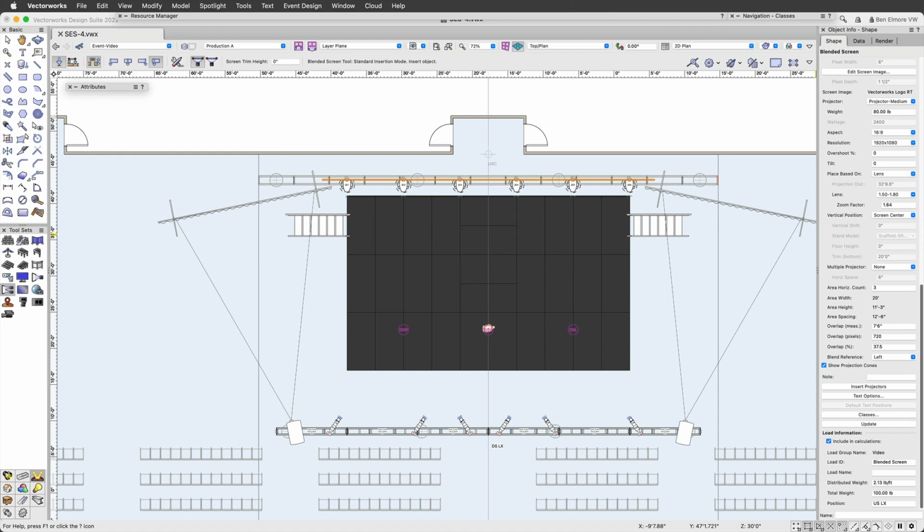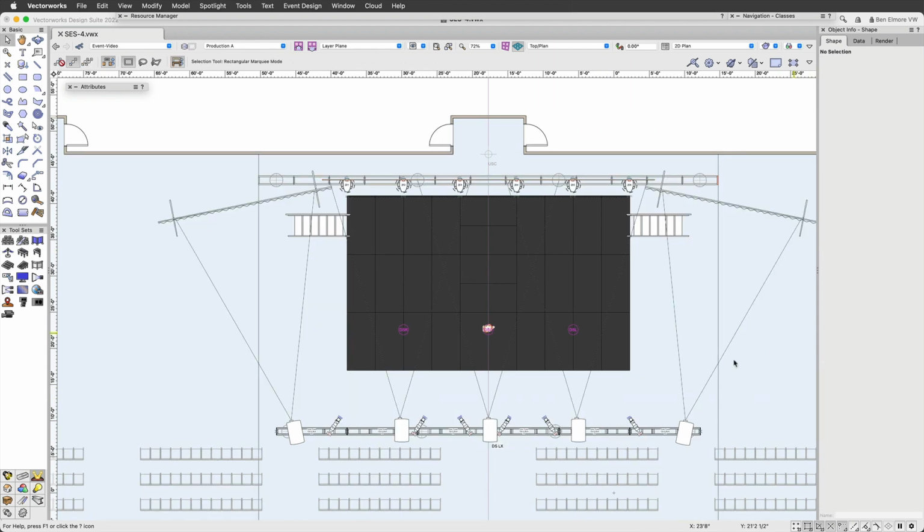1.64, just arbitrarily. Vertical position, we know we want that rigged. And I remember that my trim needs to be 18 feet. And then I'm just going to insert those. Let's see how I did. All right, so